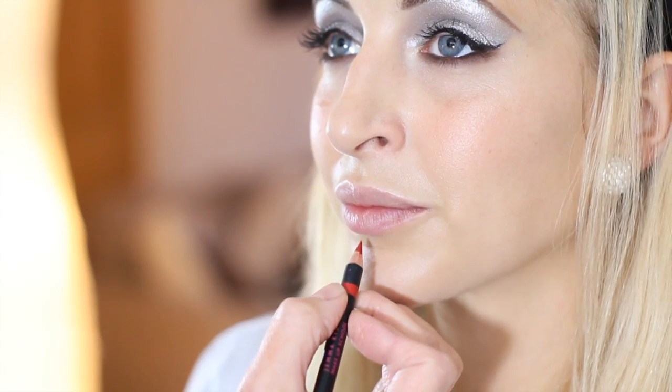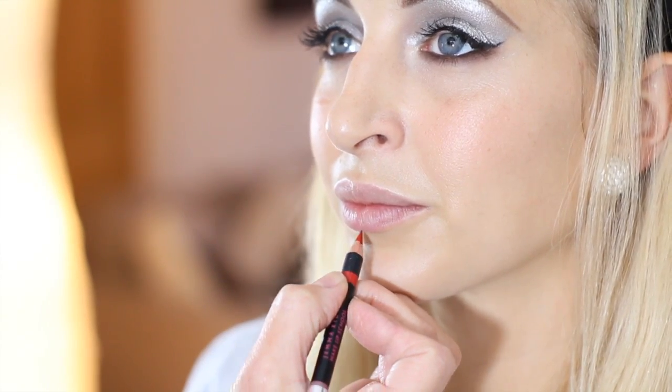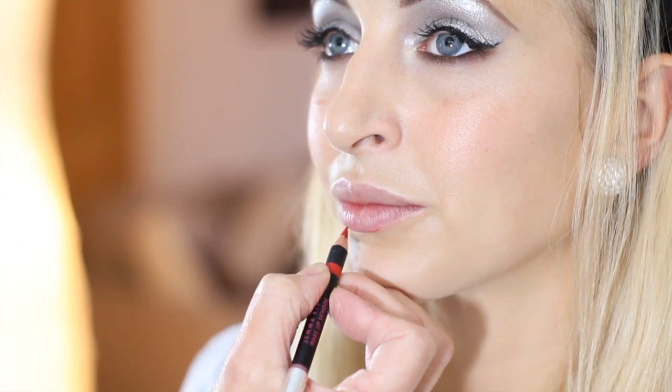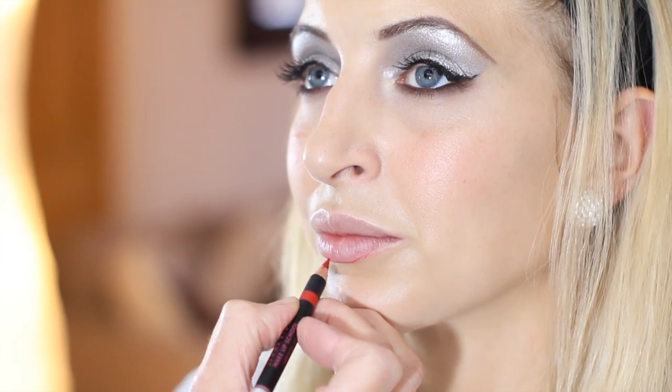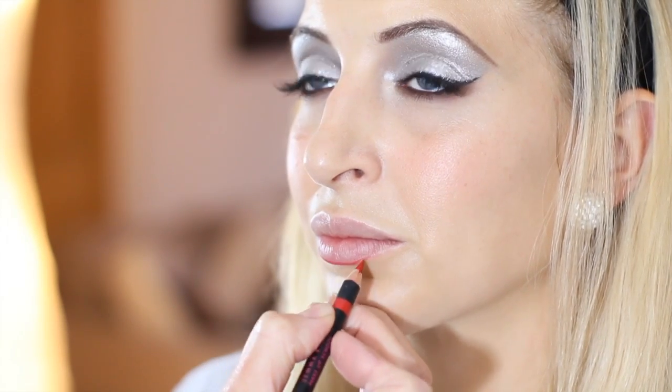I'm just going to work on Jess's lips now, and I'm actually going to do her quite a strong red lip, which is unusual because we've got quite a strong eye here, but in actual fact if you use a pale colour lipstick, it doesn't actually work with this particular eye. So we'll use this Gemma Kid red lip liner, and then I'm going to fill it in again with the MAC Ruby Woo. So starting to line the lip now,